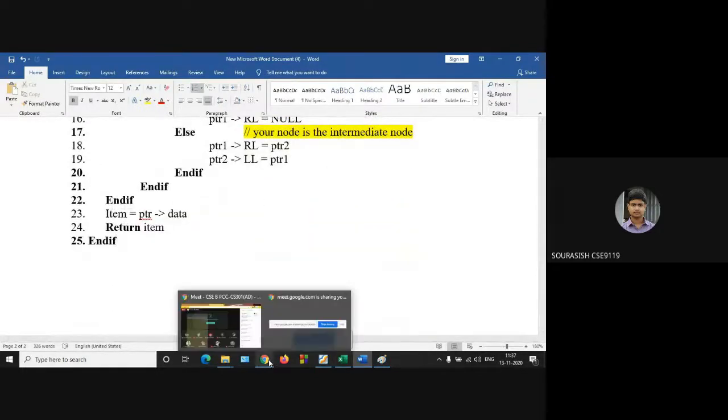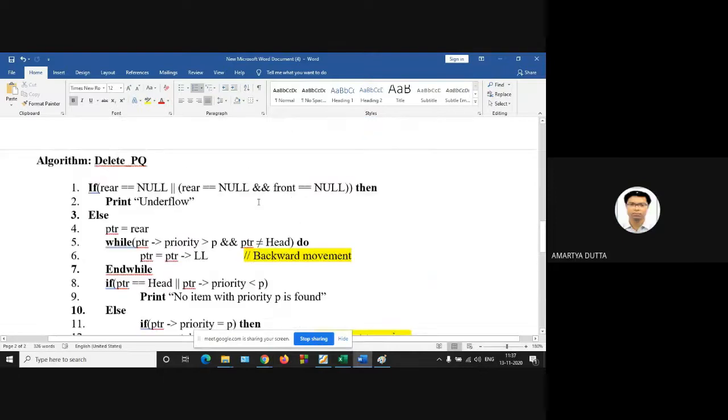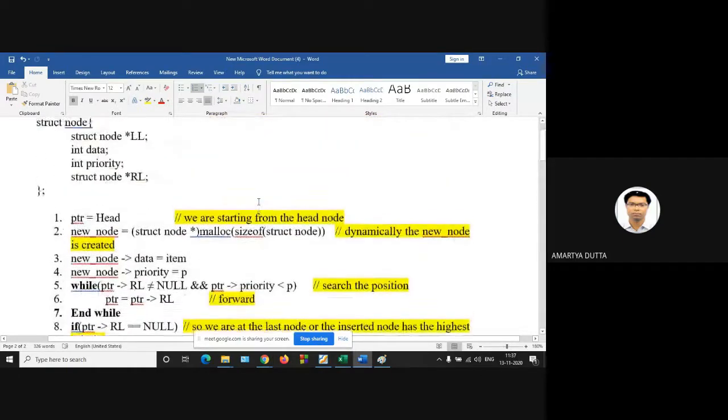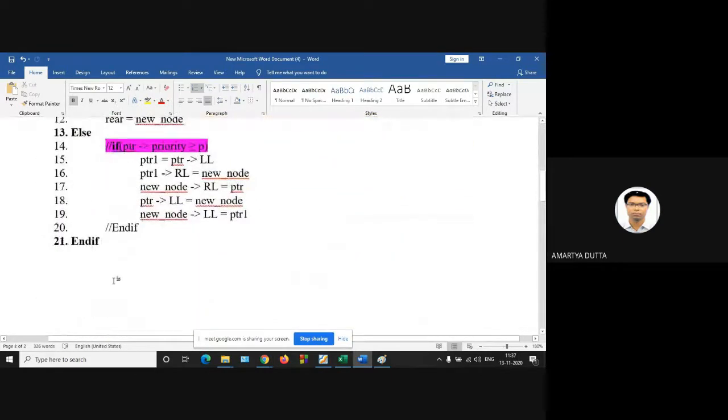Now what are the complexities? There's only one while loop. For one insertion function there is only one. For insert PQ, what is the complexity?